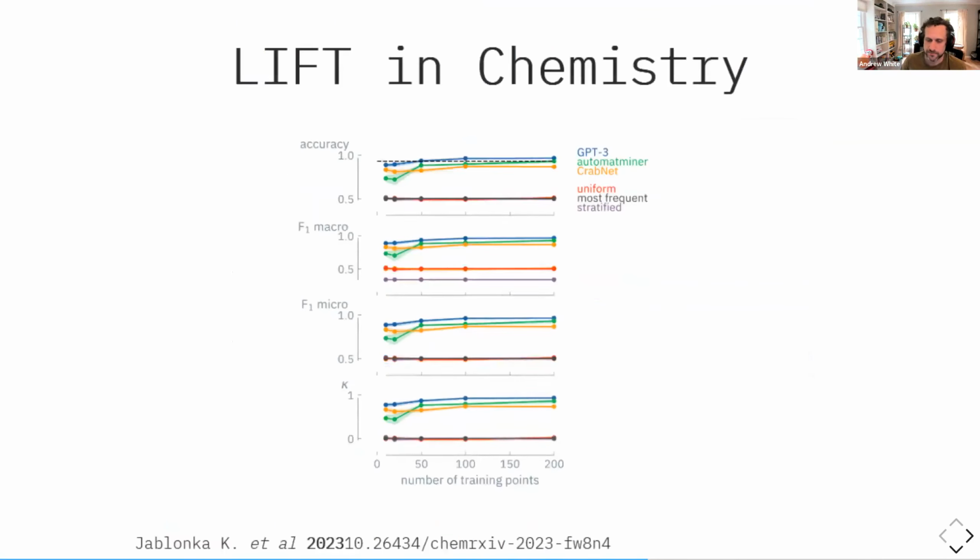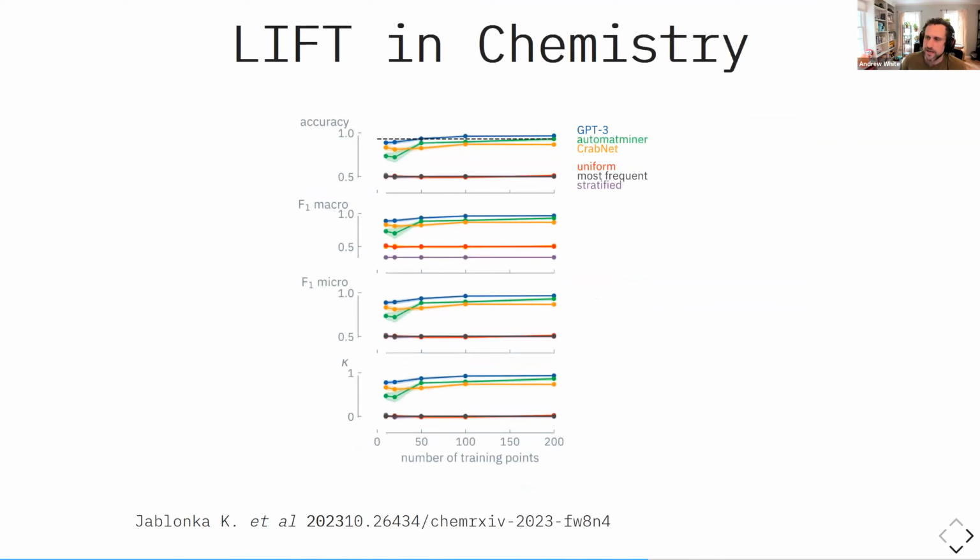So it's a great paper by Kevin Jablonka and Berend Smit and Philippe Schwaller. And what they did here is they showed if you just take GPT-3 and you do this fine-tuning procedure, you can predict a lot of properties like solubility, color. And here, this is working with materials. You can predict the phase of a high entropy alloy. You can predict lots of properties better than specialized deep learning models by just taking a language model. So just taking GPT-3, putting in an English sentence describing the material, and you can predict the property better than